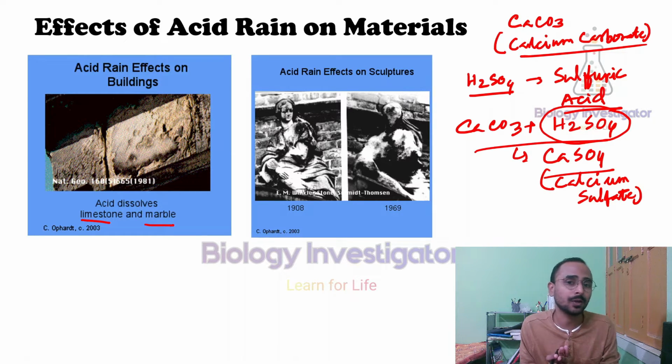because calcium carbonate is getting transformed into calcium sulfate, and calcium sulfate is susceptible to water, and water will degrade this calcium sulfate. Water will dissolve this calcium sulfate, and then these buildings are affected. And the same thing happens with sculptures made up of limestone and marbles. So সেই স্কাল্পচারগুলো, সেই মূর্তিগুলো বা মনুমেন্টগুলো যেগুলো ক্যালসিয়াম কার্বনেট বা যেগুলো মানে লাইমস্টোন এবং মার্বেলের তৈরি, সেগুলো এভাবেই ক্ষতিগ্রস্ত হচ্ছে।